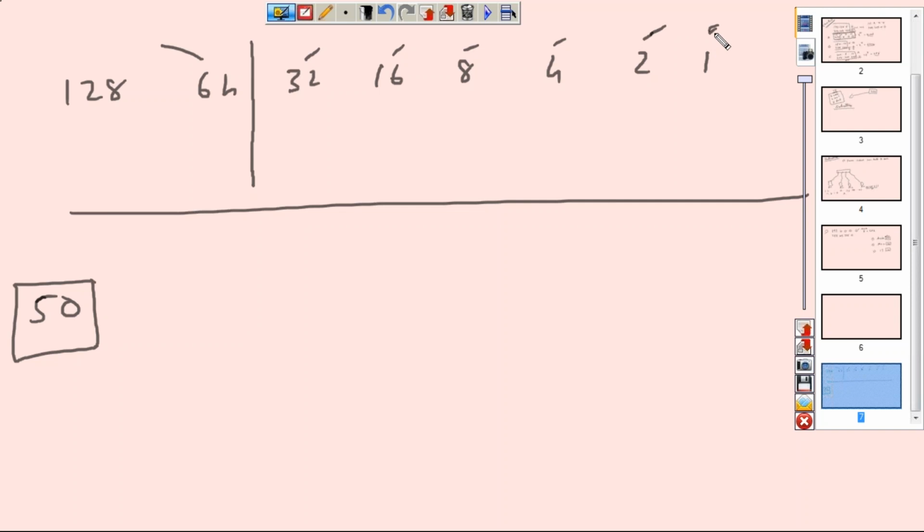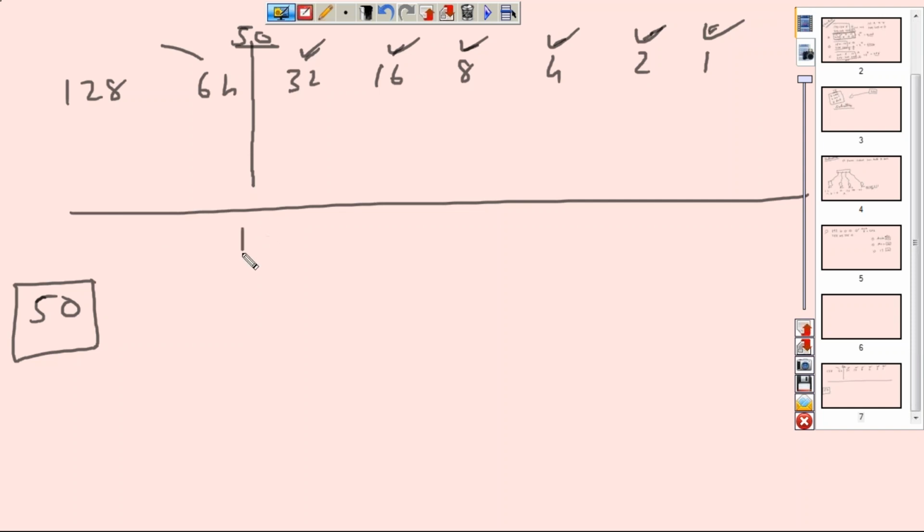So this is where we counted off, right? 1 is not enough, 2 is not enough, all the way to 32. We need 50. 64 is too many. We don't need that. So your 50 is somewhere here. So how many bits does it take? It takes 1, 2, 3, 4, 5, 6 bits, right? It takes 6 bits to make a network of size 50, correct? Yes.